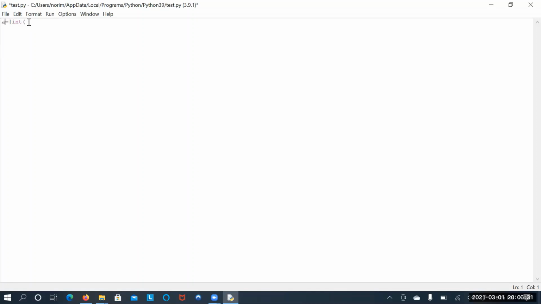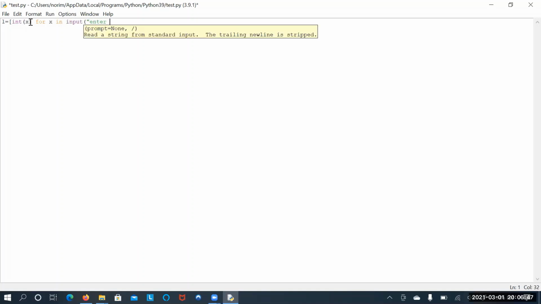So a is equal to int of x for each x in input of "enter 2 numbers" or "enter 2 values" dot split.